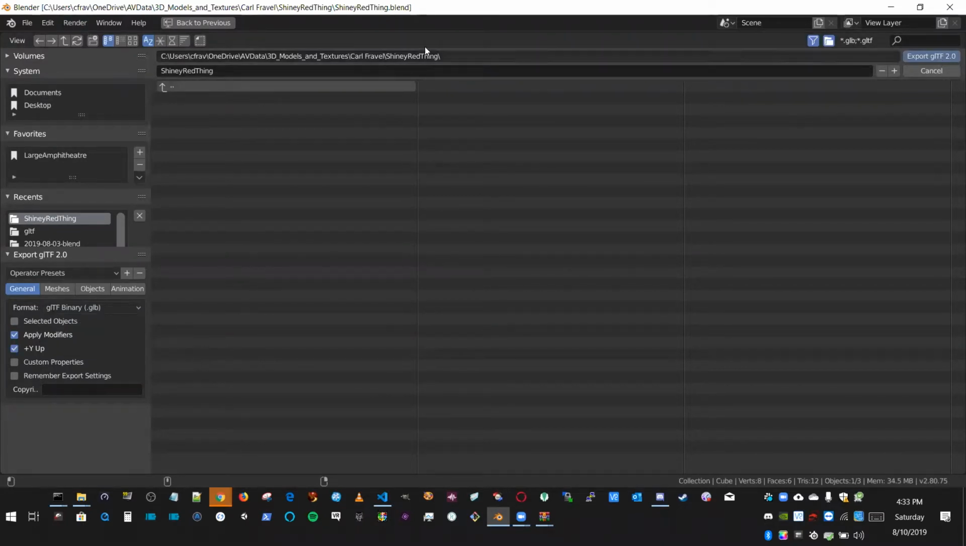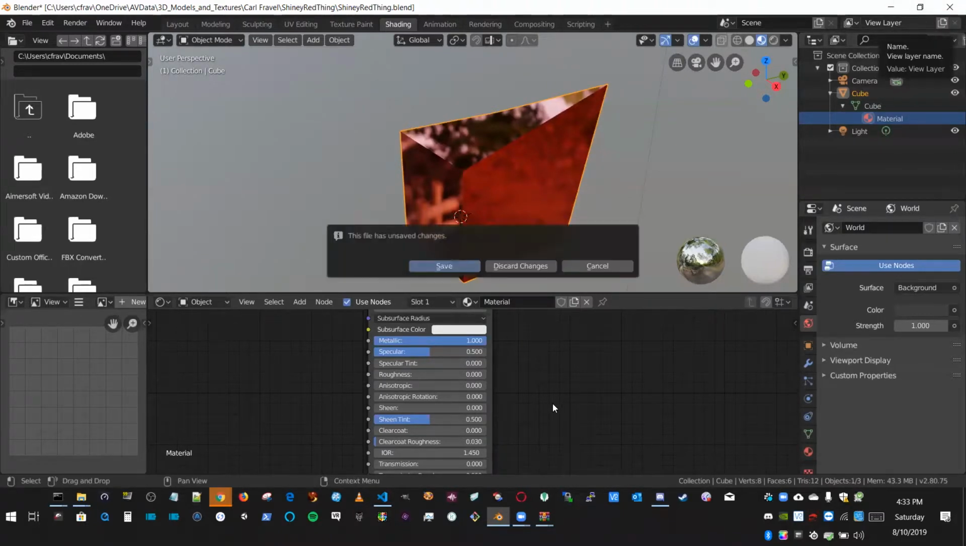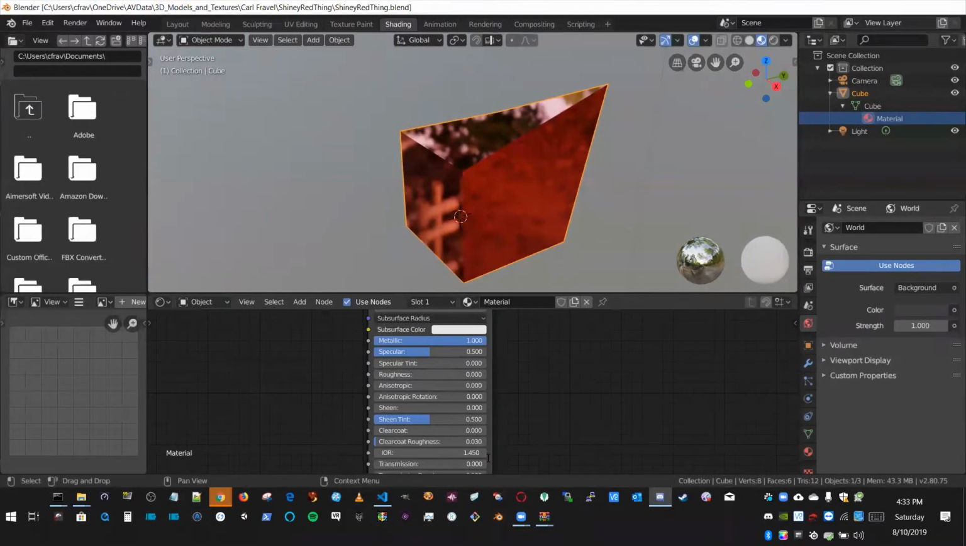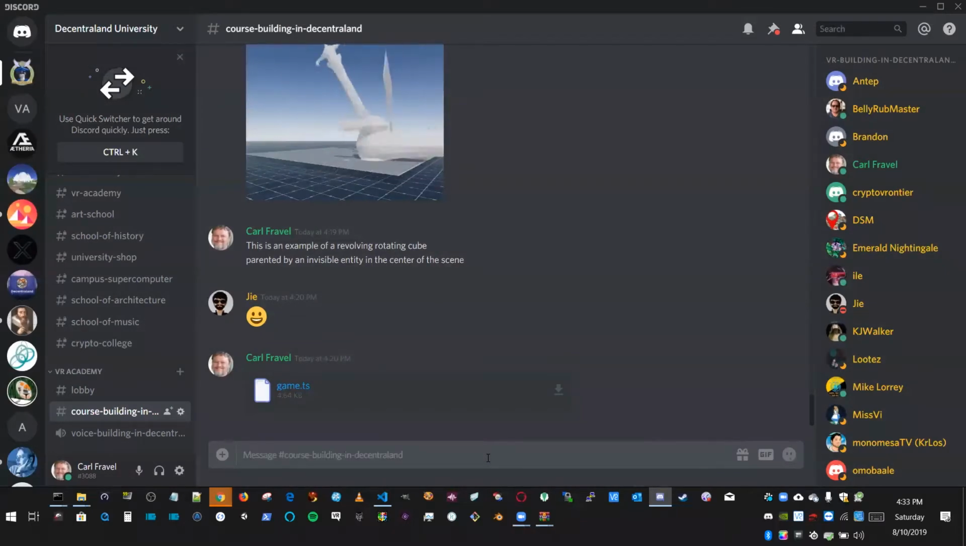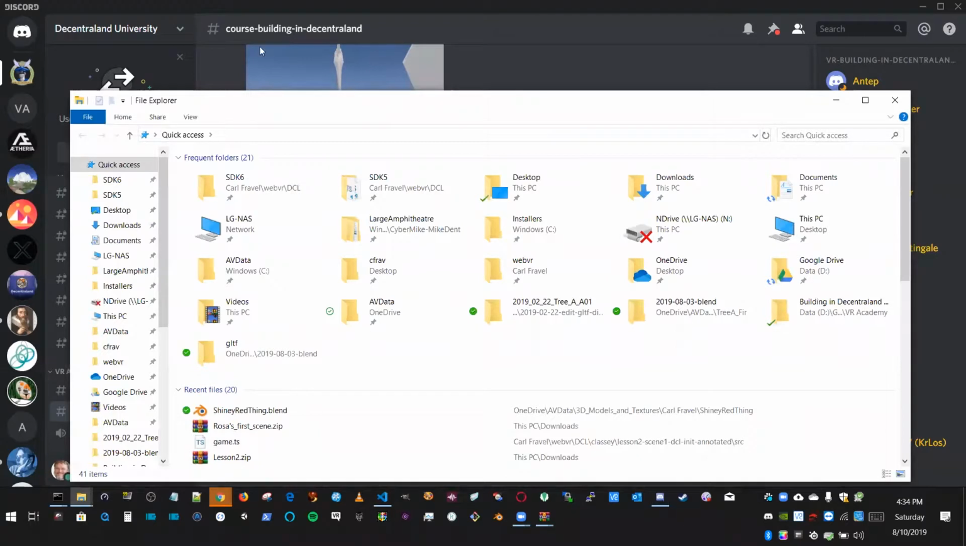It's in the right directory here, shiny red thing. It's going to be called shinyredthing.glb. Hit export GLTF. Takes a moment, and then it comes back to here. Everything's saved. When you close Blender, it's going to say, hey, do you want to save your work? Well, the only thing I did was set the settings I wanted for GLB, so I say sure. If you're not sure, if you think you might have broken it or something, then you might want to rethink that. So now if I go to Windows Explorer, I'm going to add this to a scene,